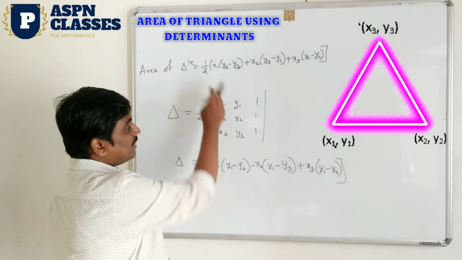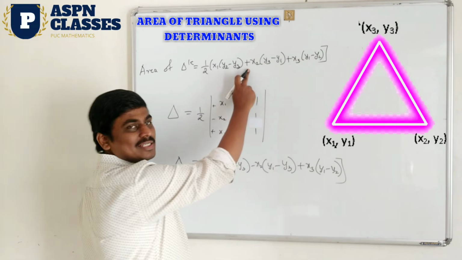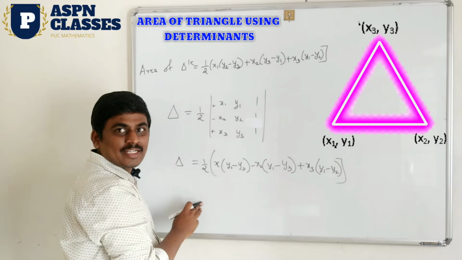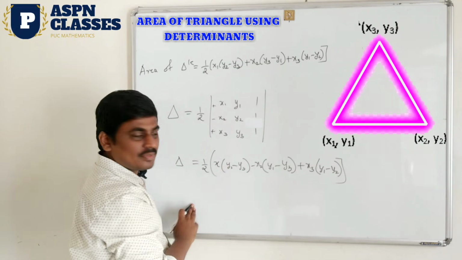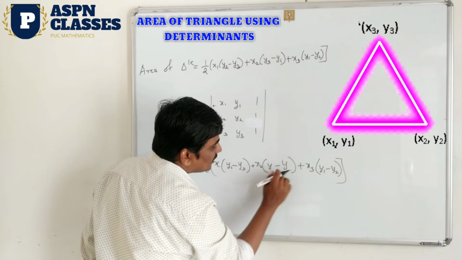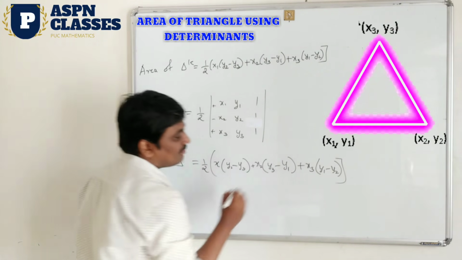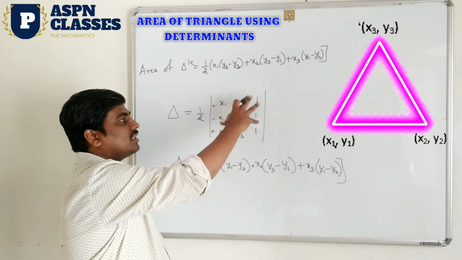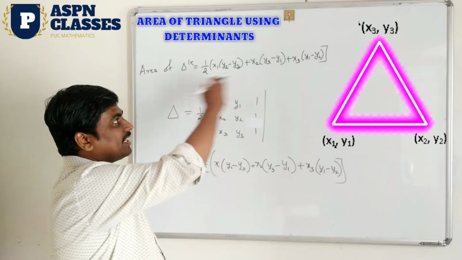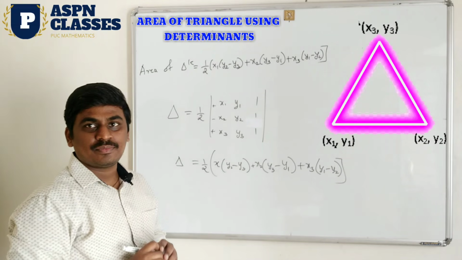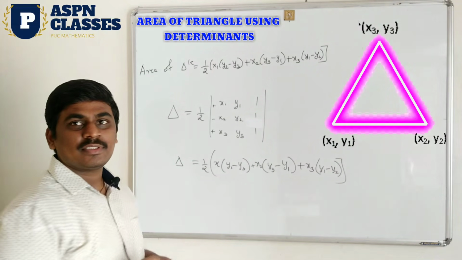Comparing these two, here there is a minus sign and there a plus sign, so these two results are reverse. If I take minus as a common factor, minus minus is plus, plus is minus, minus is plus, so this is y3 and y1, and both results are the same. Both formulas are the same: here you take out the determinant, there you directly apply the formula, but the answers are the same. Let us start the examples.